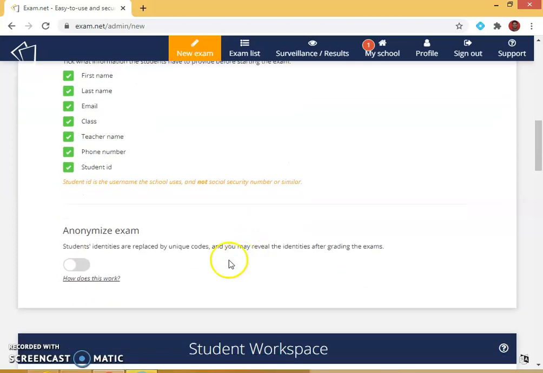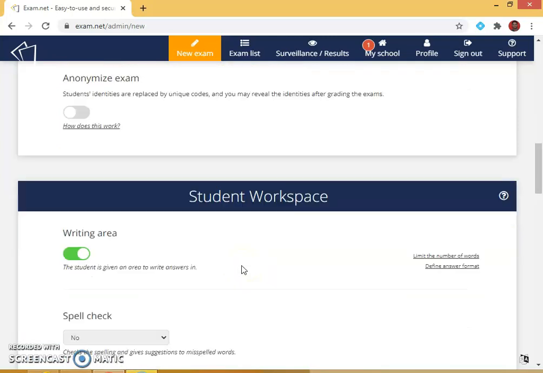The student ID can be kept anonymous such that the student details cannot be revealed. So for that the student anonymous option can be enabled or it can be disabled. It depends upon the teacher. And if you want the student to write the answer script online, you can enable this or disable.